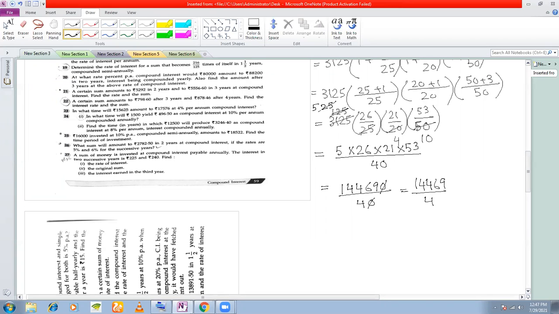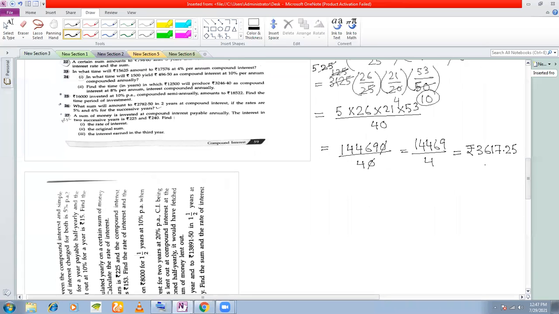Okay. Now you can, I think, yes, nothing is required here actually. You can directly divide. So you can divide this and get rupees 3,617.25. I thought there's something special there, but there's nothing special here. I could have cancelled the 0 here only, I could cancel with 5 only. So no problem. The point here is that it is always better to keep the zeros in the denominator. It is easier to calculate later on. Okay. So this is what you are getting.